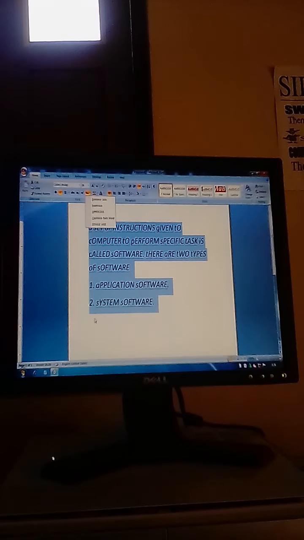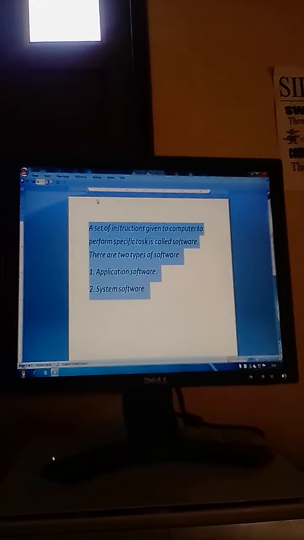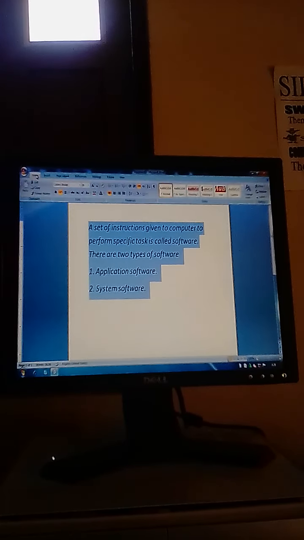So we will select the text and click on sentence case. So this feature is used to change the case. We have performed a practical based on change case.